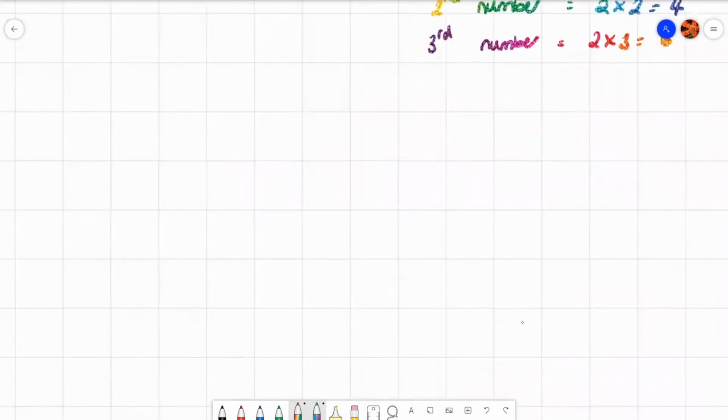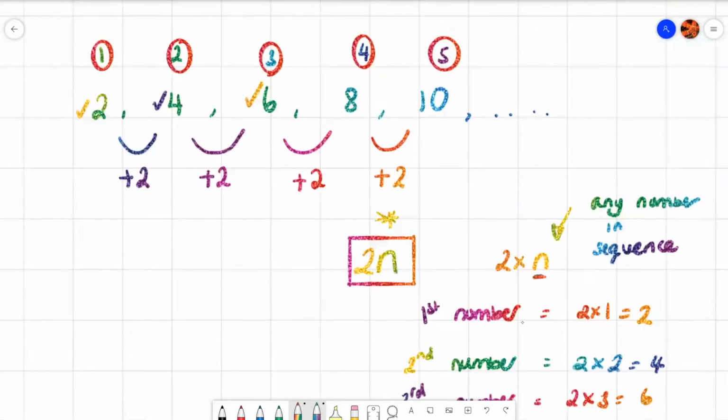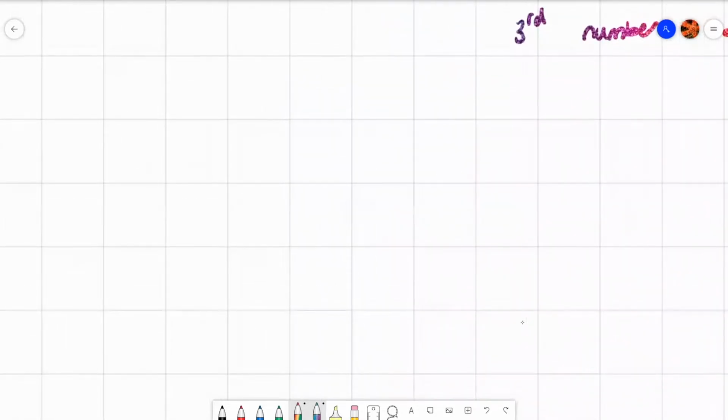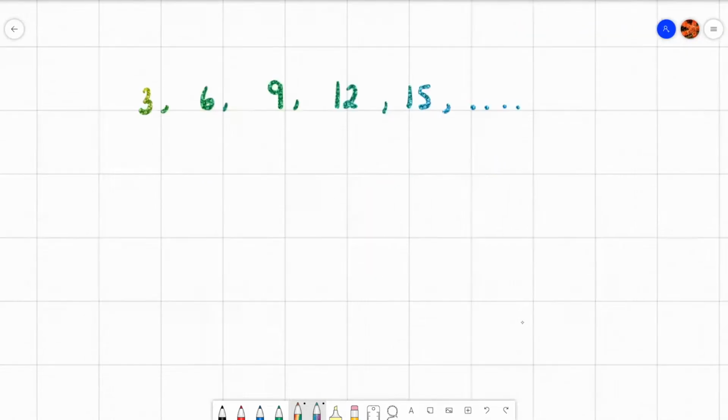Okay. And you can also see here actually that this is the 2 times table, isn't it? 2, 4, 6, 8, 10, 2 times table, so 2n. Okay, let's have a look at another example similar to this one. 3, 6, 9, 12, 15, and so on. Okay, right, what's the difference between each term? It's 3,